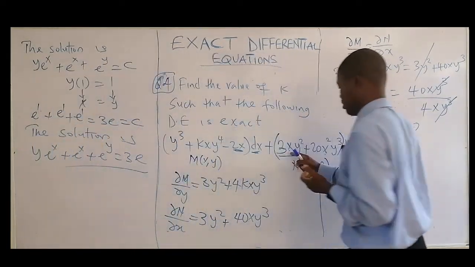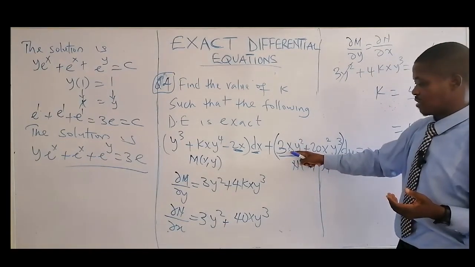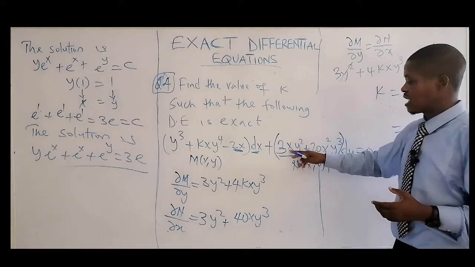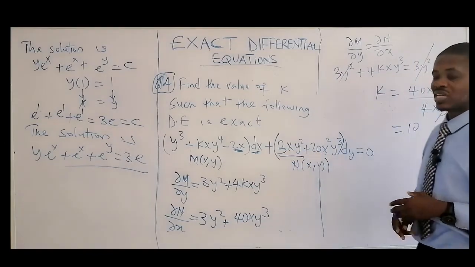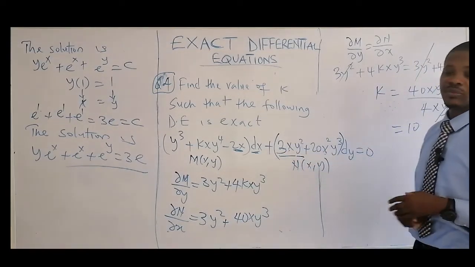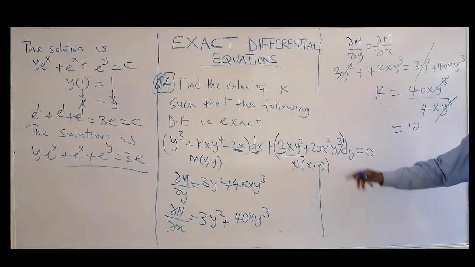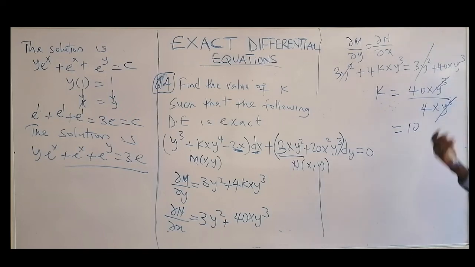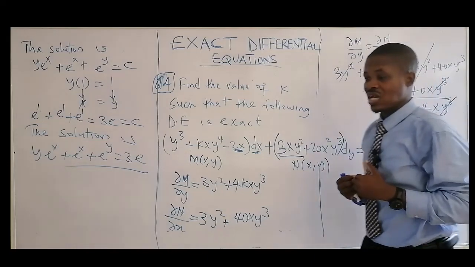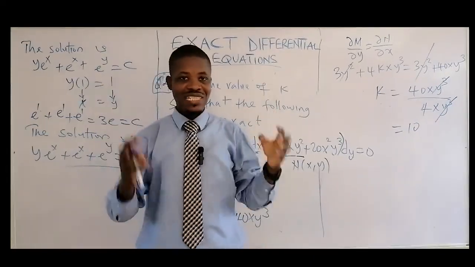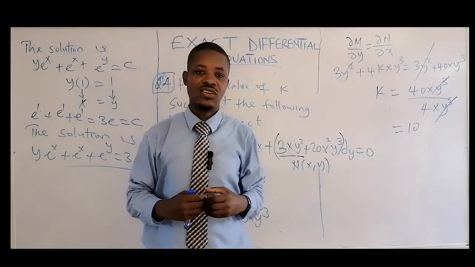Here also, this is with respect to x. Your target is just x only. Differentiate x and the y variable will be kept constant. 3y squared will be kept constant. This one also, differentiate x squared and then 20y cubed will be kept constant. That's that. We're still continuing on exact differential equations. We want to ensure that we have all necessary conditions and an in-depth understanding of these topics.